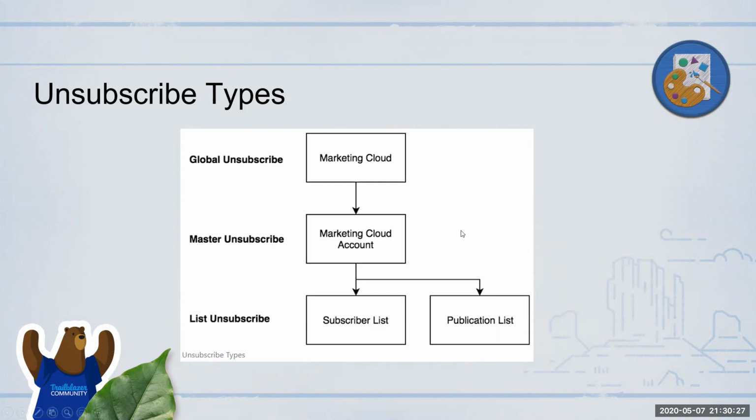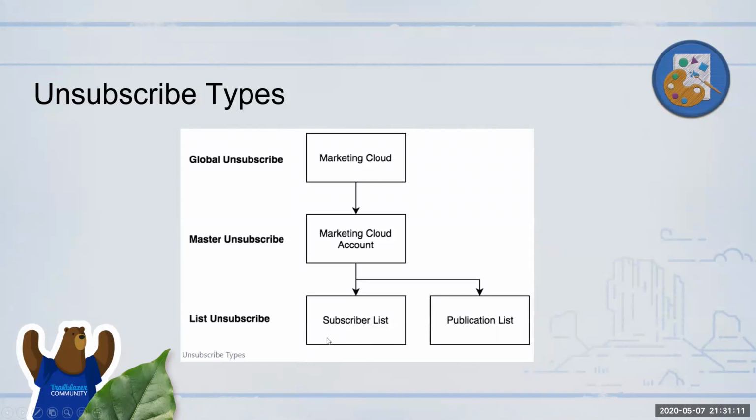For your account, you have to be very careful about these two, the master unsubscribe and the list unsubscribe. Master unsubscribe is where they tell you unsubscribe all. Yesterday, when we were showing the subscriber list, I showed you an option where you can click unsubscribe all. That means at the all subscribers list level, it will show as unsubscribed, which means you cannot send any communication to that person from your Marketing Cloud account. List unsubscribe is at the list level. Remember the diagram I showed earlier: you send to a particular list or to a data extension through a publication list, and then your unsubscribe is tracked at that level, not at the all subscribers list level.